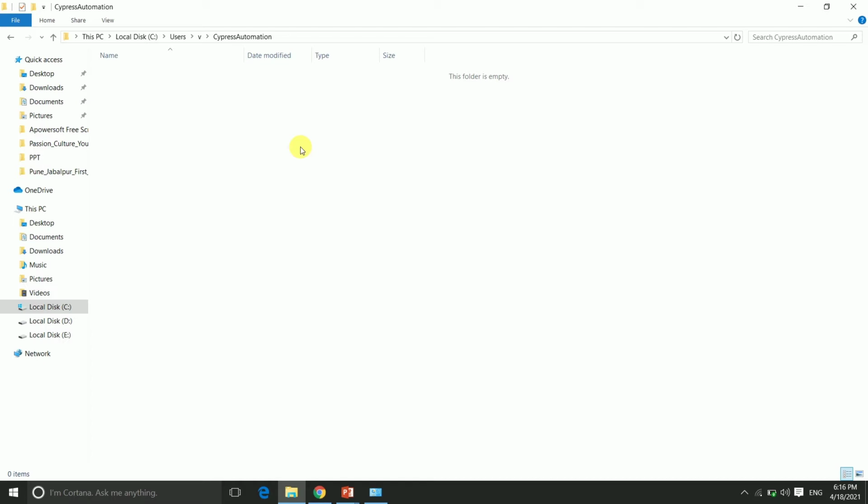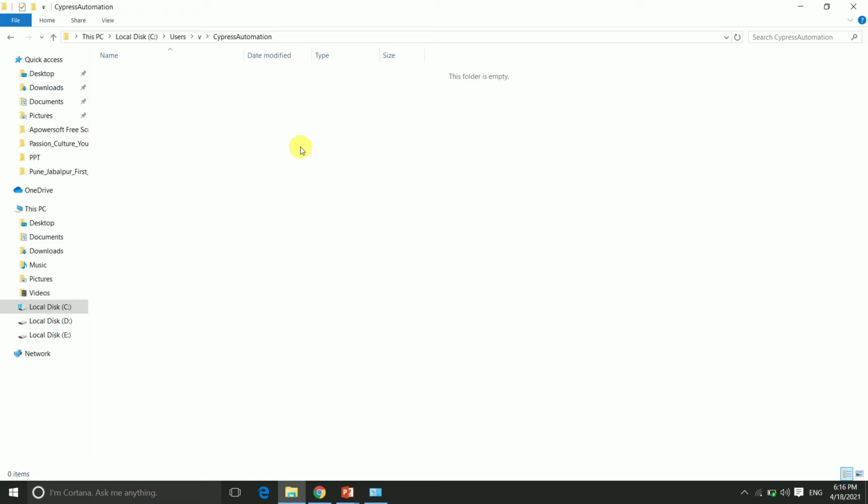Now the fourth is we need to generate the package.json. Package.json is a very important part. Why generate package.json? All npm packages contain a file, usually in the project root, called package.json. This file holds various metadata relevant to the project. This file is used to give information to npm that allows it to identify the project as well as handle